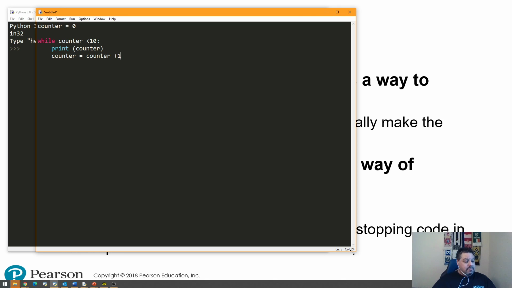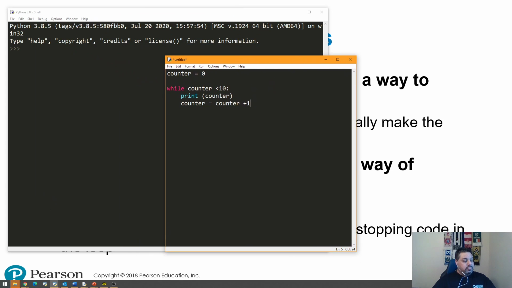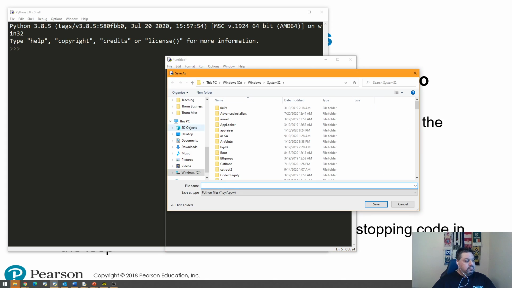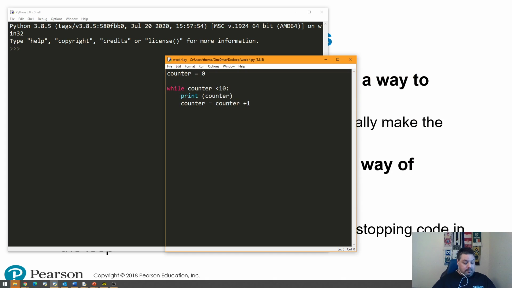So let's just shrink these windows up a little bit so we can see what we're doing. I'll save this. We'll call this week 4. And I'm going to run this. And when we run this,